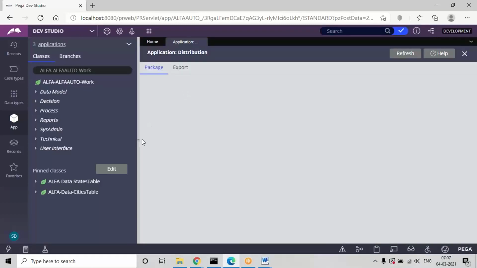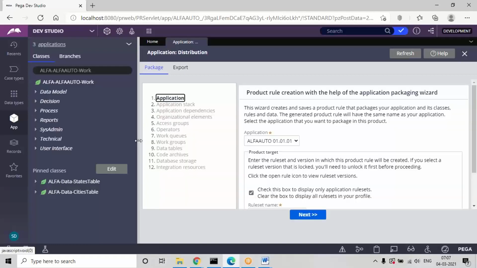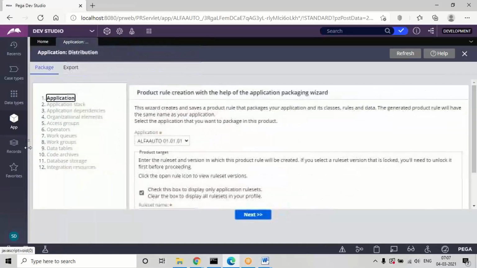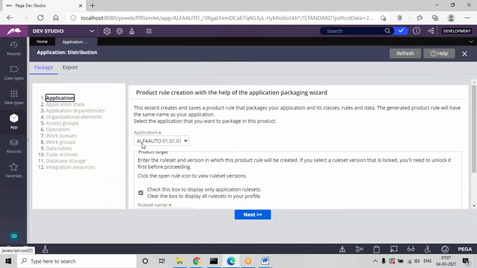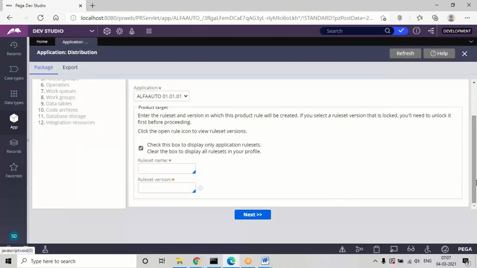A widget will open, and you fill in the details step by step. Your application name and application ID are already selected. What we need to do manually here is the rule set. You will learn more about the rule set in the next session; tomorrow we will understand what a rule set is.